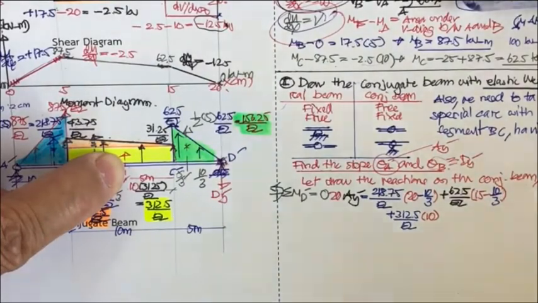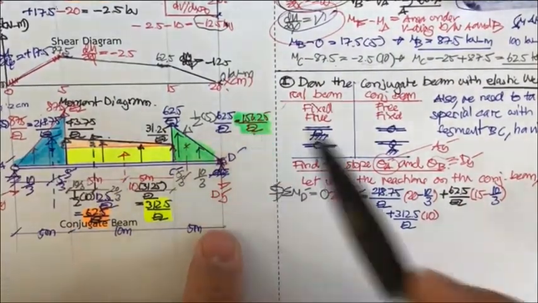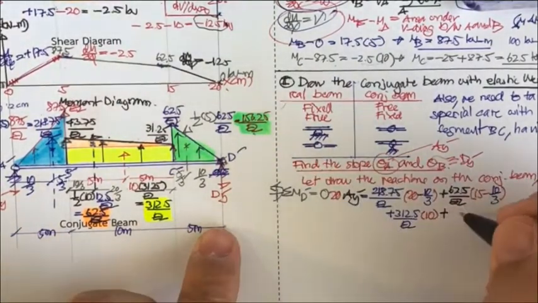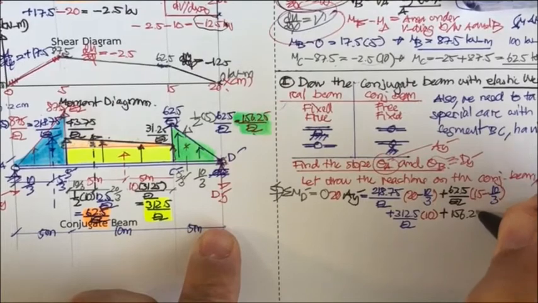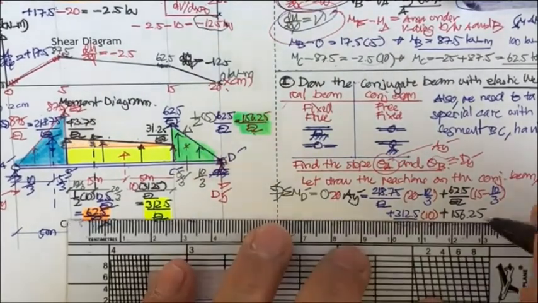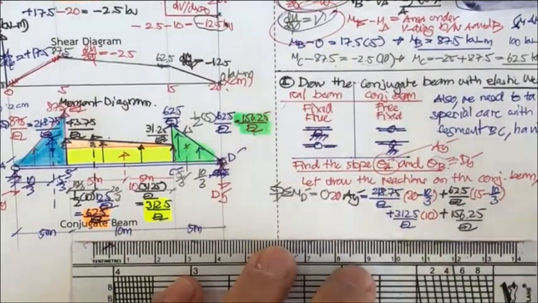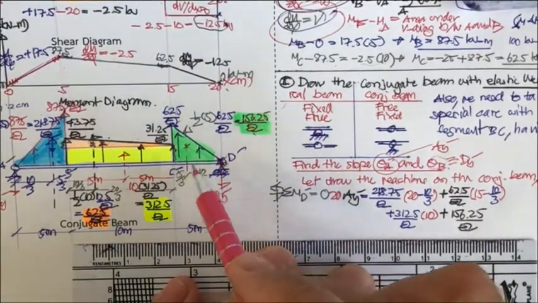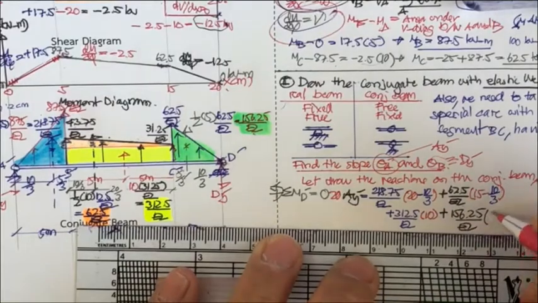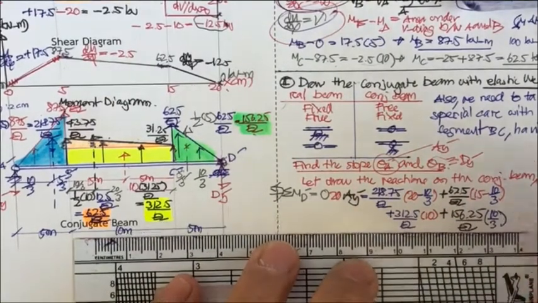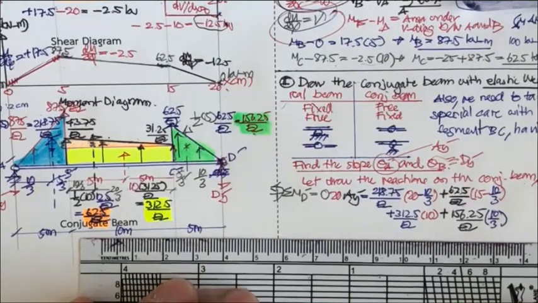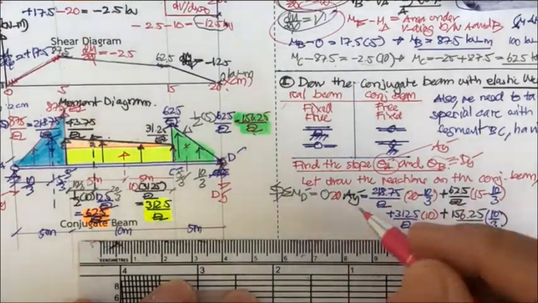And then the last one we have is plus 156.25 and then divided by EI. Okay, and then it's going to be multiplied by what? This one to this one, 10 over 3, so it's going to be times 10 over 3. And if you do the calculation very carefully, which you must do, you will get the